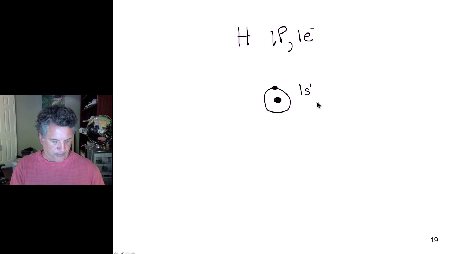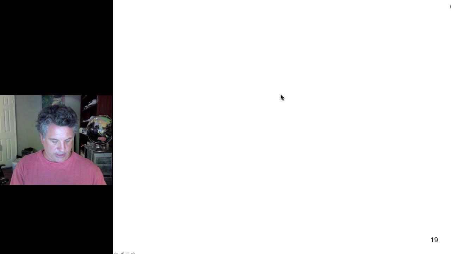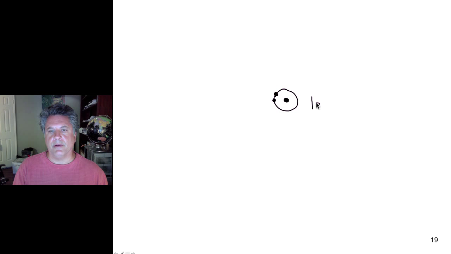So then if we move to helium, let's look at helium here. It has an atomic number of 2. So let's draw that. We have the nucleus here, and we have the first energy level, and its atomic number is 2, so there are 2 protons there, and there are 2 neutrons as well. And there are 2 electrons. And those 2 electrons are found in the s orbital at the first energy level. So we have the first energy level in the s orbital, and there are 2 electrons there. And that fills the